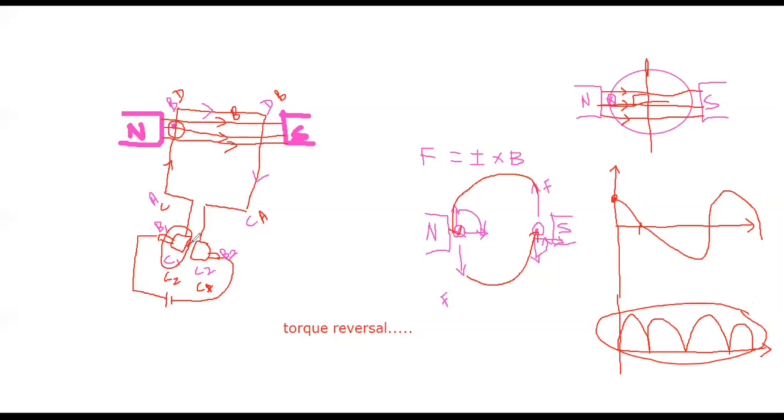So that's all about the construction. And coming to the working, the basic idea of the working is F equals I into B. We will go in depth into the working of the DC generator in the coming classes, as well as how the EMF is induced, how we get an AC EMF and how this AC EMF is converted into DC EMF. That also we will discuss deeply in the next class, right?